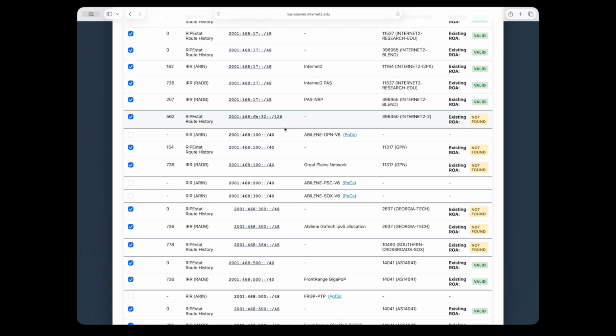That looks good. Here's one where this prefix we've seen 562 days ago. There is not a route object for this. If you look at it, it's kind of an odd route. It's a /126. I'm guessing that may have not been intentional, but I probably don't need to include that in calculating the ROAs